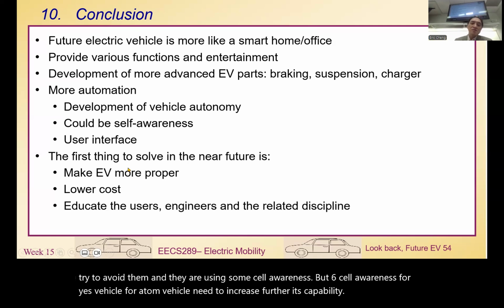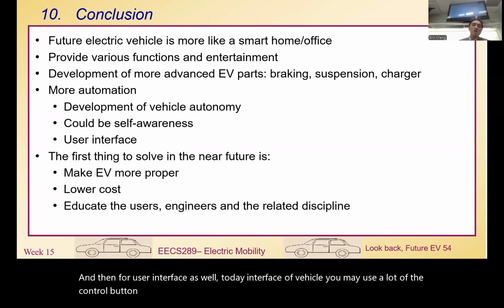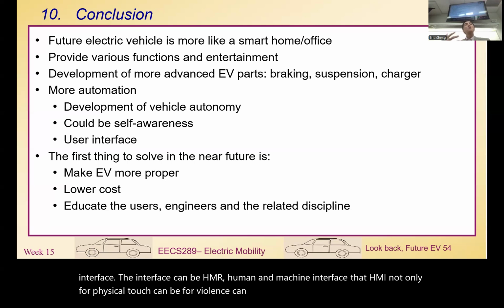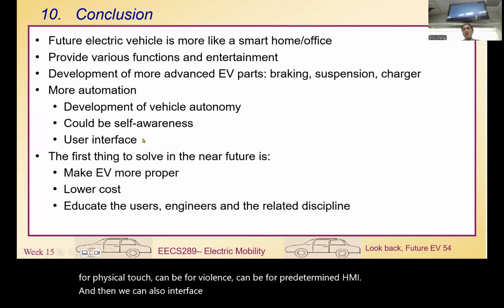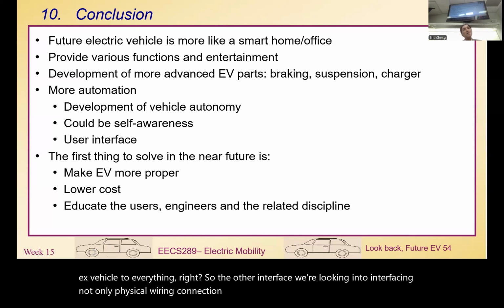And then for the user interface as well, today, in the interface of a vehicle, we use a lot of control buttons or phone control, right? Tomorrow, we are looking into different interfaces. The interface can be HMI, human and machine interface. That HMI is not only for physical touch, it can be wireless, or can be a predetermined HMI. And then we can also interface with other bodies, other infrastructure, like V2X, vehicle to everything, right? So a lot of interfaces we're looking into. Interfacing is not only a physical wiring connection, it can be through other means, like Bluetooth or Wi-Fi or 5G, or maybe